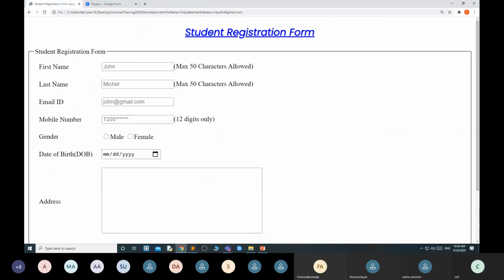See, the color is blue and it has an underline. You can see that the G is not having an underline.